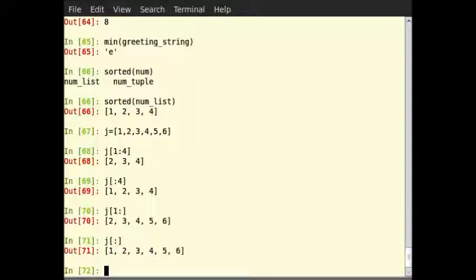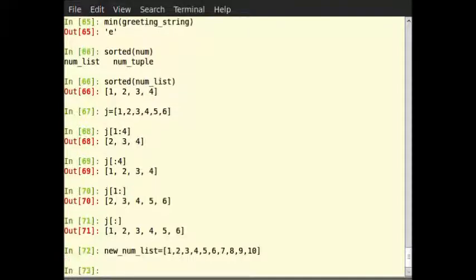Striding is similar to slicing except that the step size here is not 1. So let us see an example. So type new_num_list is equal to 1 to 10 separated by commas in square brackets. Then new_num_list[1:8:2].